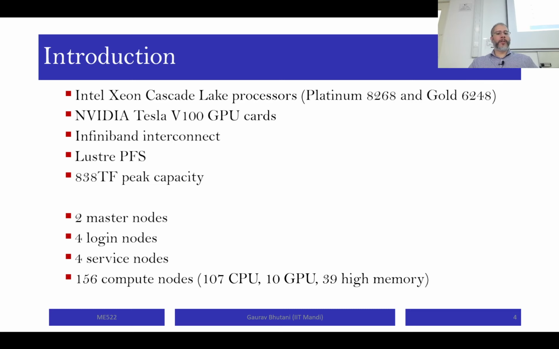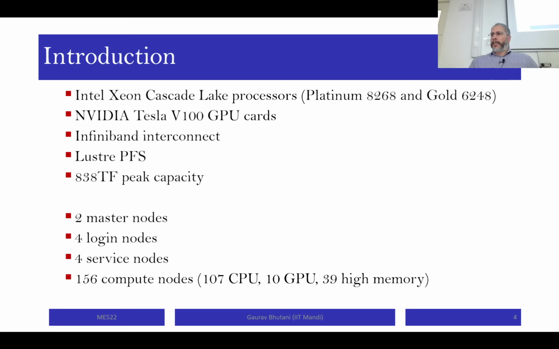Out of the compute nodes, we have 107 CPU nodes, 10 GPU nodes, and 39 high memory nodes. High memory is 768 gigabytes per node. So that's a lot of memory for one node. In case you want to run a memory heavy job like LAMMPS or molecular dynamics or DEM kind of codes, you will want to go for high memory nodes, because the larger the number of particles, the larger the N size you have, the more memory you will need to keep them in the